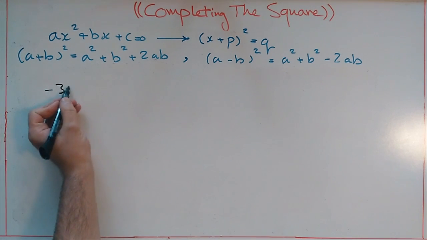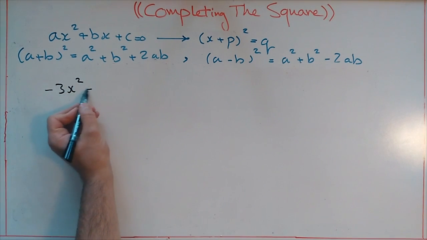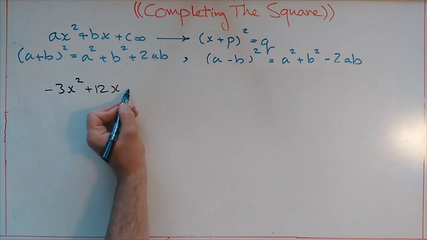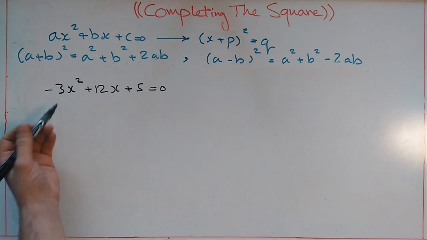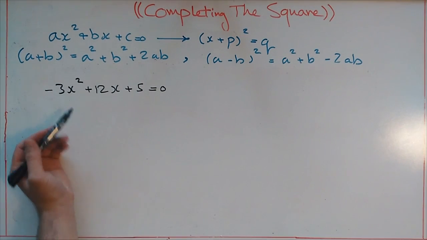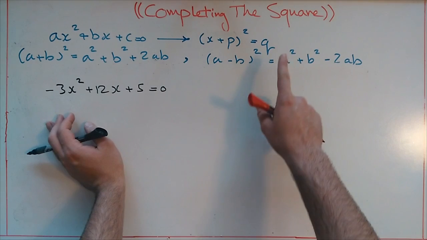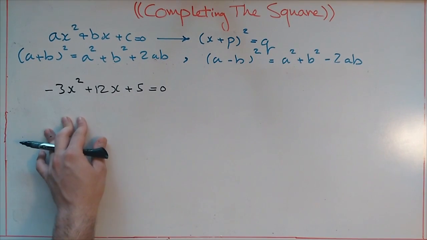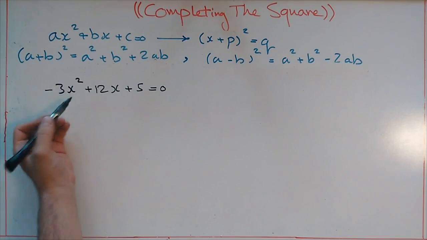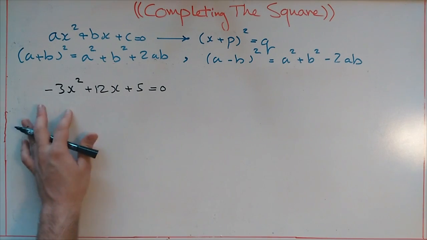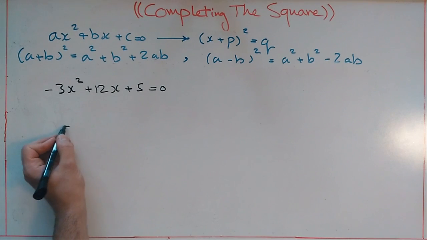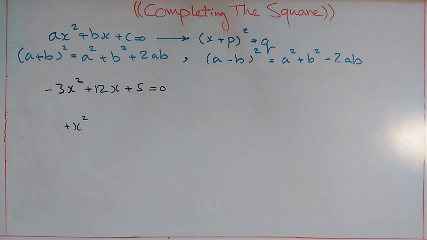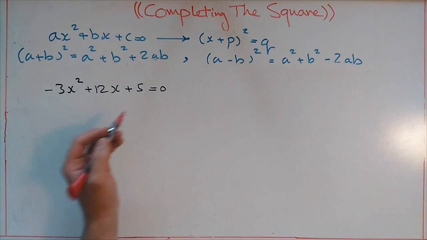So negative 3x squared plus 12x plus 5 equals 0. So the problem in here is that if we want to use the square method, always and always there should be no coefficient beside the x squared. It should always be positive x squared. So in order to do that, what I need to do is to divide